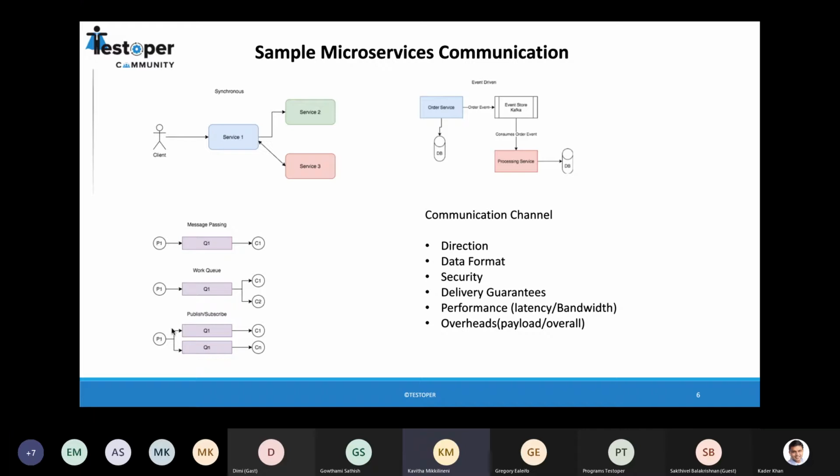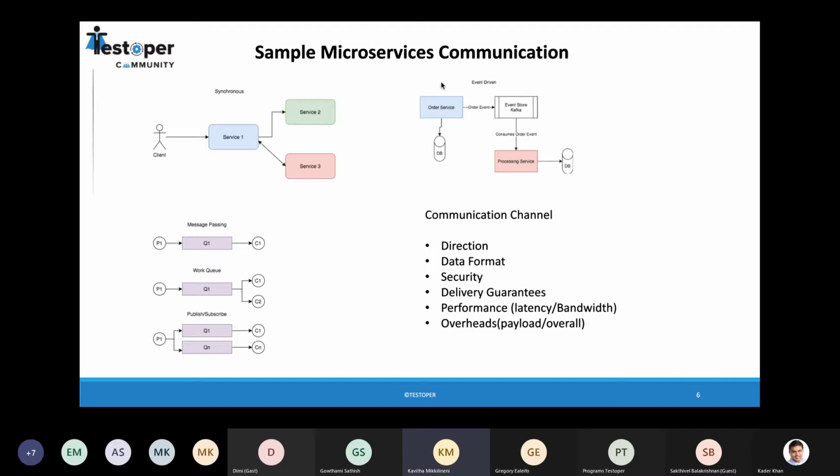And there is also another concept called publish and subscribe. So we can publish. We can put the messages for n number of consumers. Kafka is a good example. So we put it into a topic, and the consumer picks it up from the topic. So we publish. That is called publish. So this is one way of doing it.